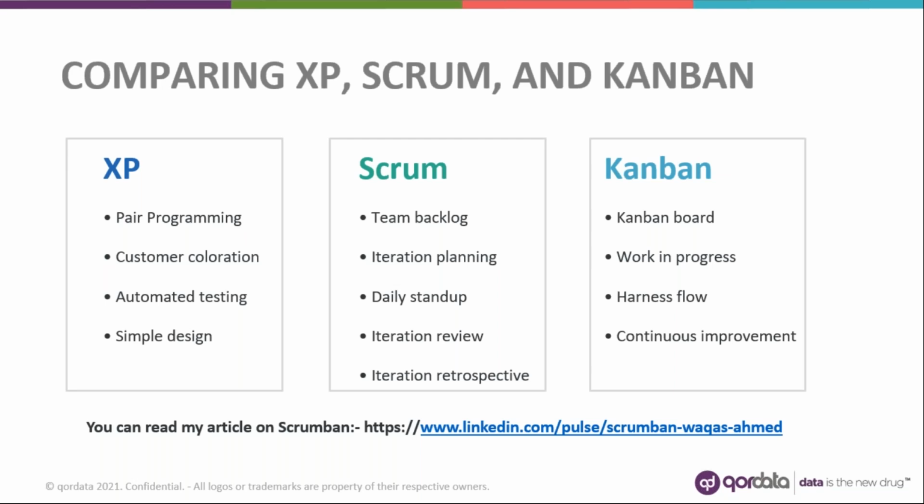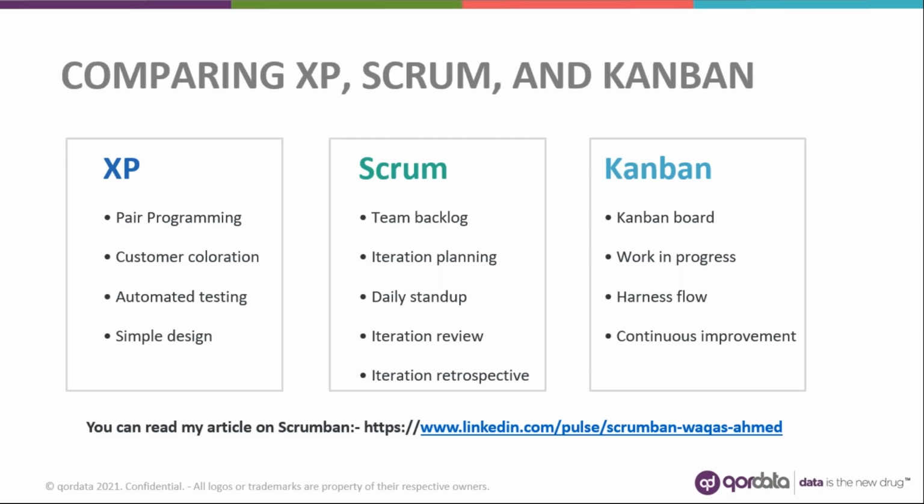Basically, all of them have something in common. They all seek to deliver value to customers early and often. They eliminate waste and create healthy teams. If you have to choose one method over another, you can choose the tools and practices from each that work best for you. For example, a team may choose to implement iterations and the Scrum Master role from Scrum, and also implement WIP limits from Kanban to ensure consistency in their workflow. This technique is also known as Scrum Ban.